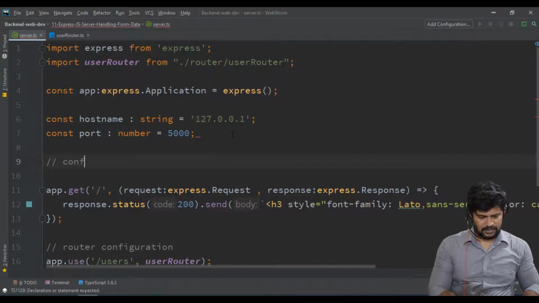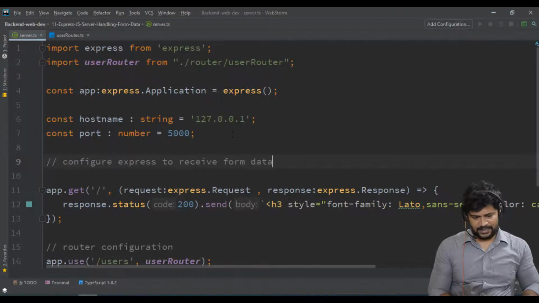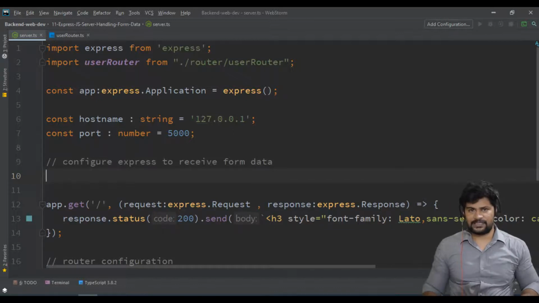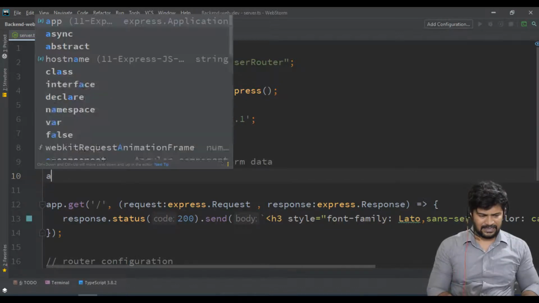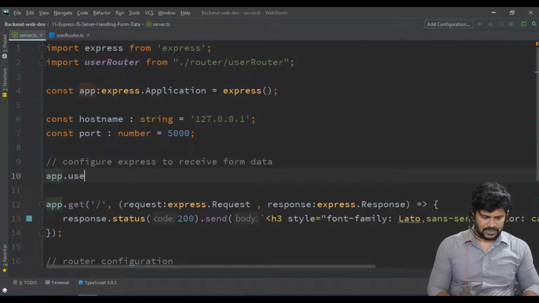Configure Express to receive form data. It's quite simple: app.use, and there you specify express.json.